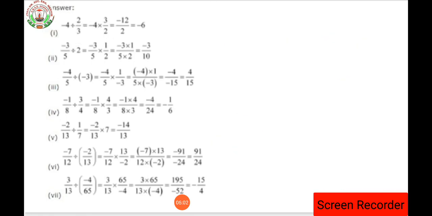So have you understood this? So dear students, it is a simplification of the numbers. Try to solve on your own. It's easy. Next day we will have the revision of a new chapter.